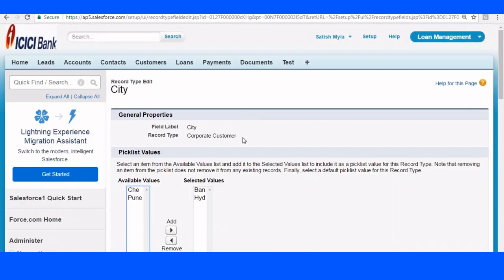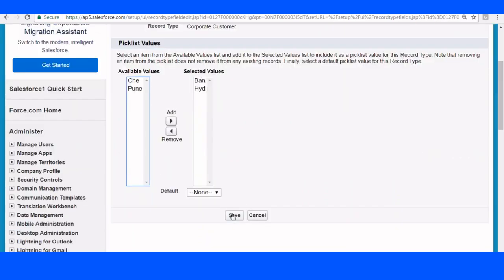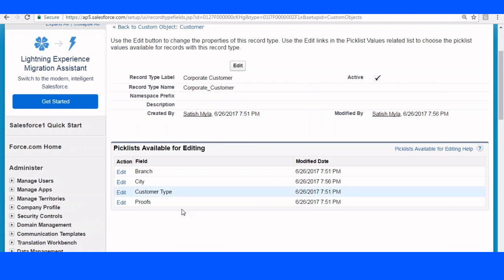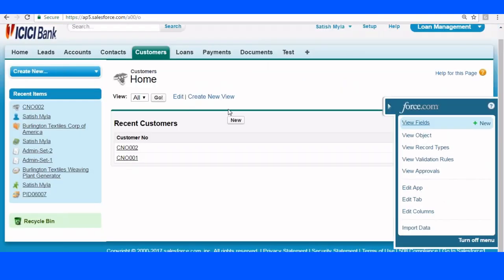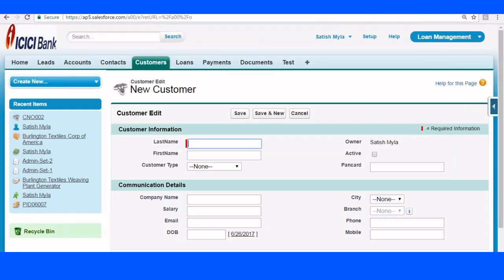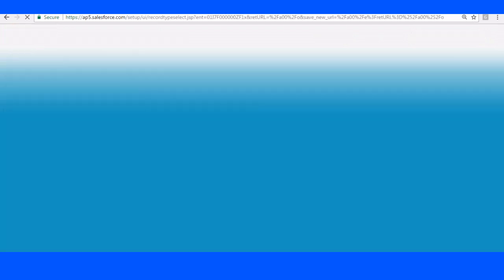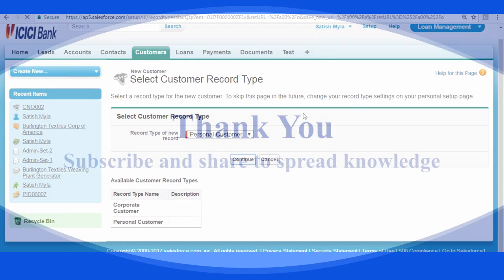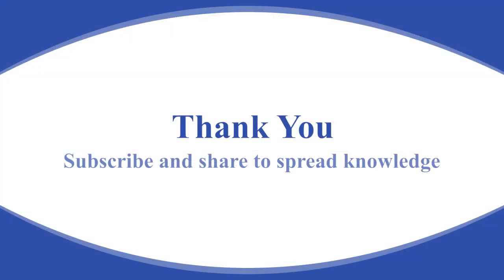If you are a corporate customer, only Bangalore, and if you are not a corporate customer, all the 4 options will be displayed. Go back to the customer, new customer. We have personal customer. If it is a personal customer, you need to show all the 4 options: Bangalore, Chennai, Pune,